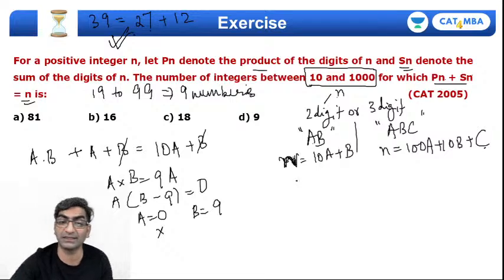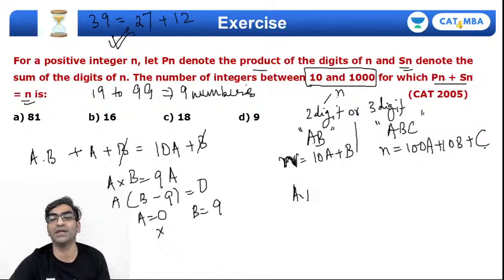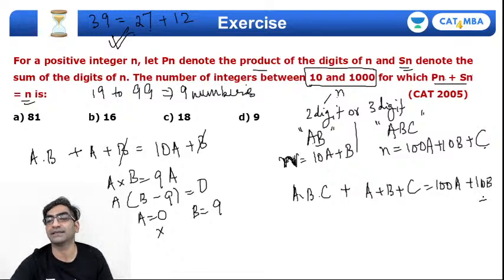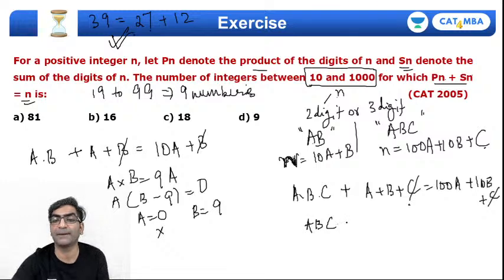Okay, how about 3-digit numbers? Again use the same condition. Product of digits will be A into B into C plus sum of digits will be A plus B plus C. Sum of product and the sum should give me the number itself, that's 100A plus 10B plus C, right. C and C will get cancelled out, right. देखो, और एक काम करते हैं, A को लेफ्ट हैंड साइड में ले आते हैं,